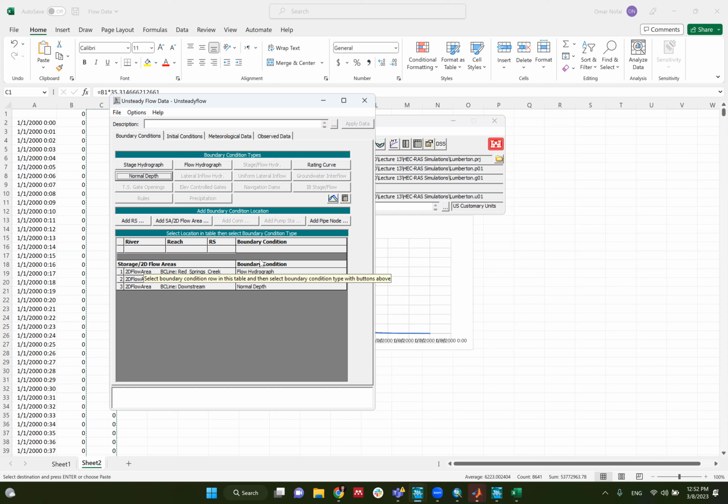So you are losing them from your model because your mesh only captured the water within the mesh. Even if it's not a boundary condition, let's assume that your mesh doesn't cover areas that should be covered. The water will go out from this area and you will lose this water. So that's why you need to make your mesh capture all the water, and all the water is going out from the downstream. Do we have to